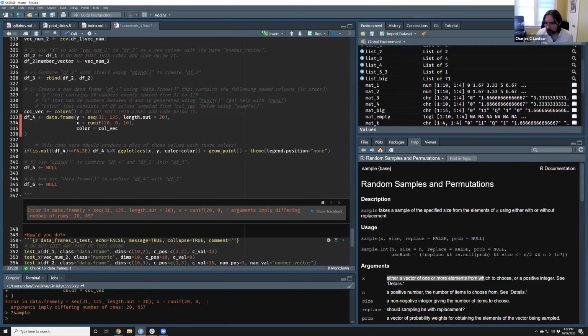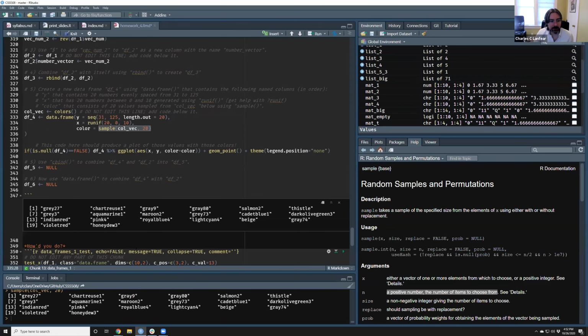X is a vector or one or more elements from which to choose. Oh, well, it sounds like that's probably what I want to sample here. And then I want a positive number, the number of items to choose from. Okay, well, I want 20 items. This should sample my color vector and return to me 20 values.